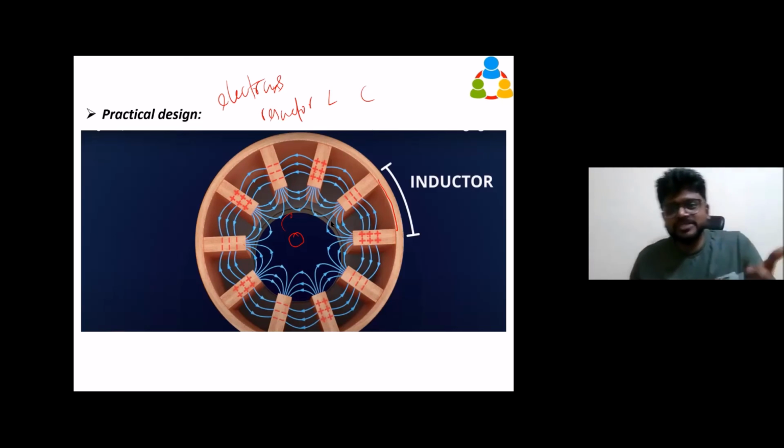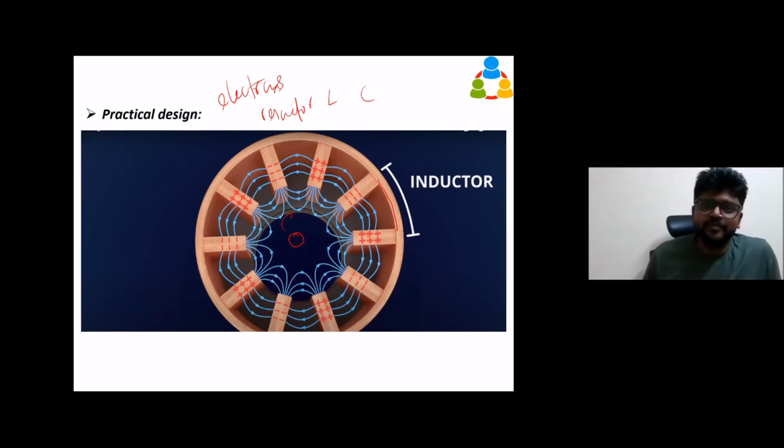The engineers who designed this themselves got amazed by this property. This was designed by UK scientists. When it was transferred to the US, they took a lot of time to understand what is happening in this cavity. They could use it, but they never knew what was happening in the cavity magnetron. Then only they understood the physics behind it. It acts like an LC oscillator. Until then, they never knew what the physics behind this was.